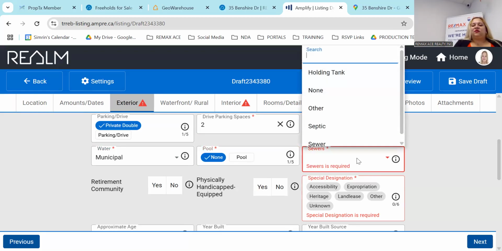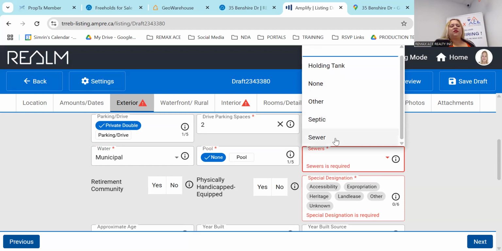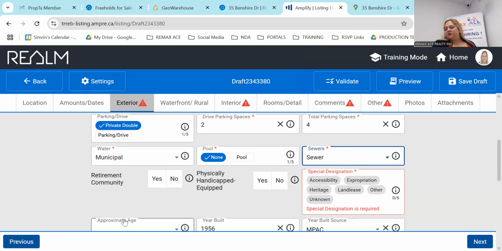Okay, and so here you go. The sewers, like I was saying, very well might be septic if you're working one of those areas. Know your area. East York is another one that might have an older home still on septic. But most of the time we're dealing with municipal sewers. Everybody's been hooked up